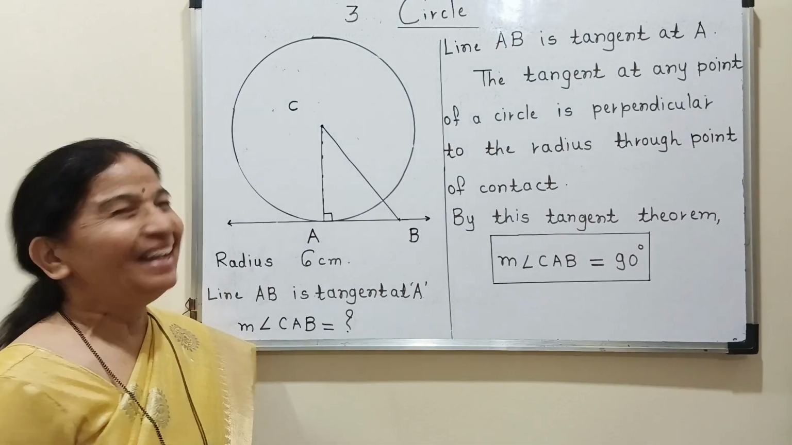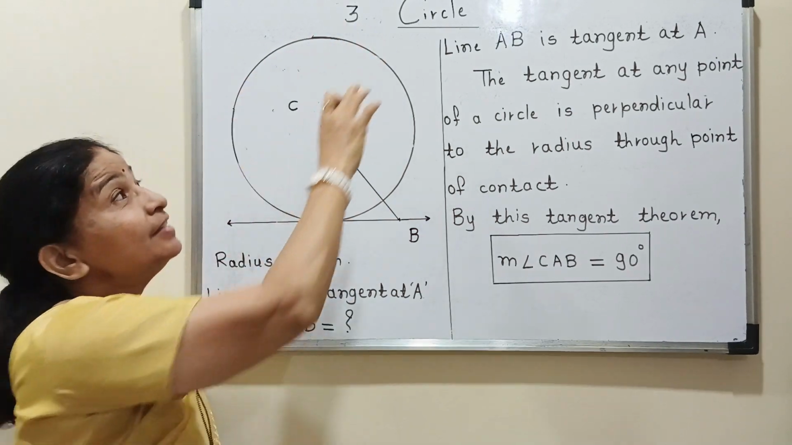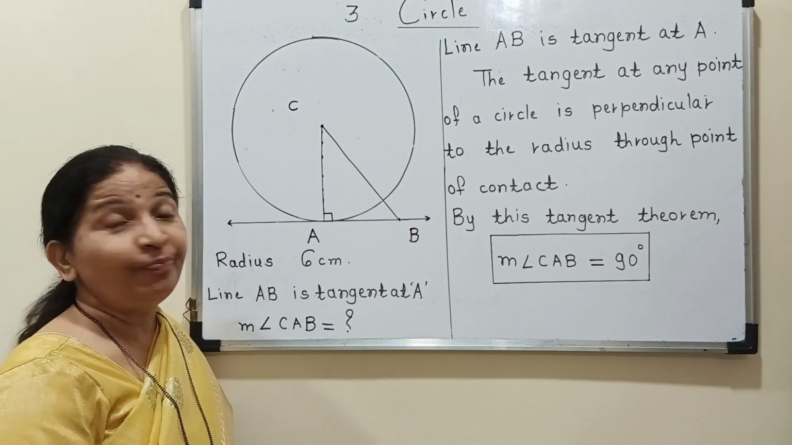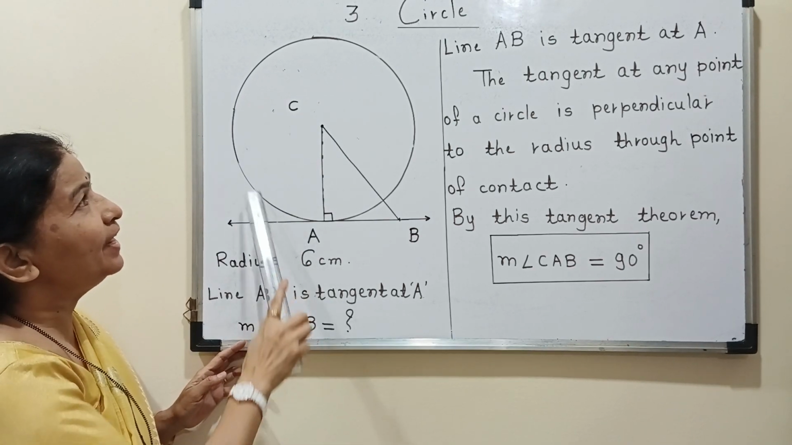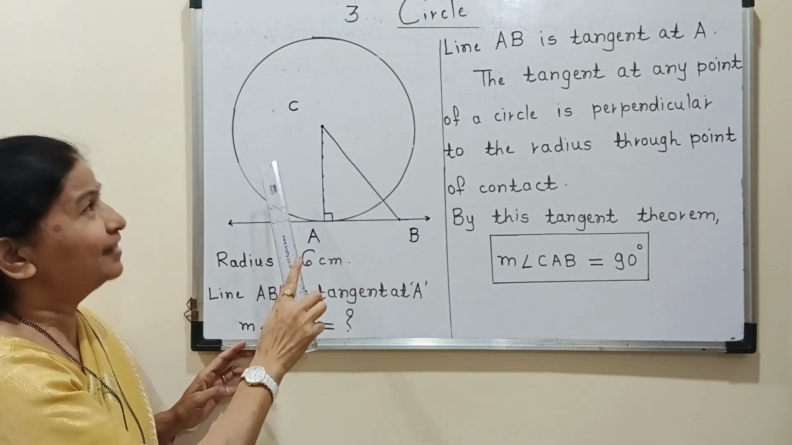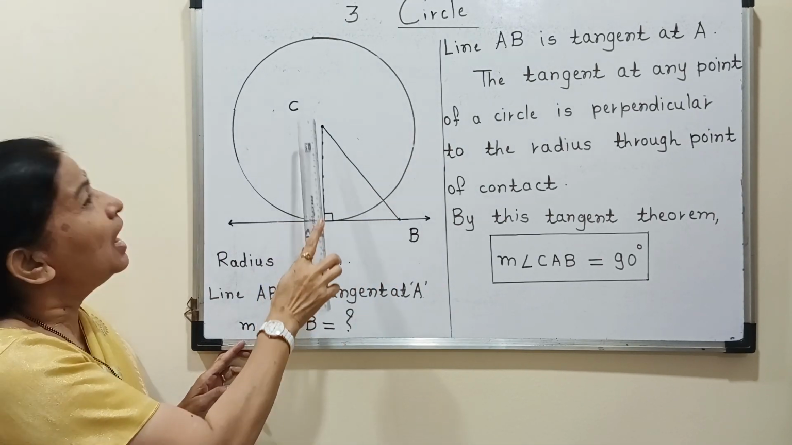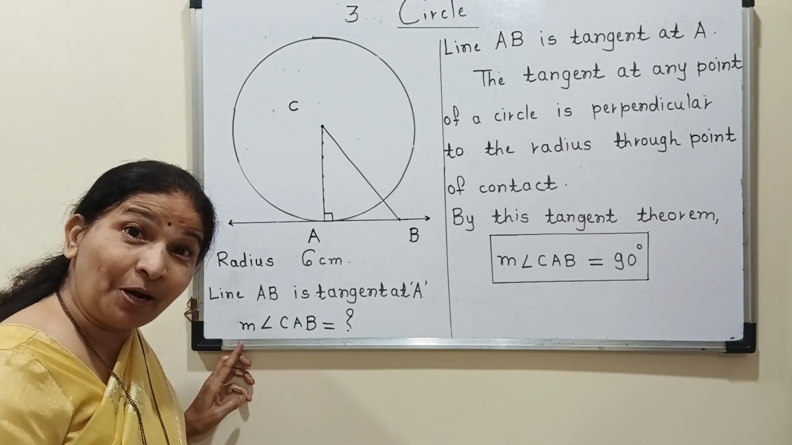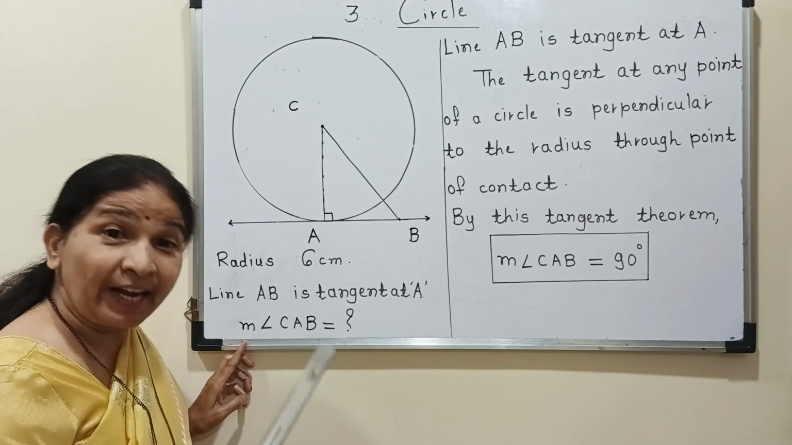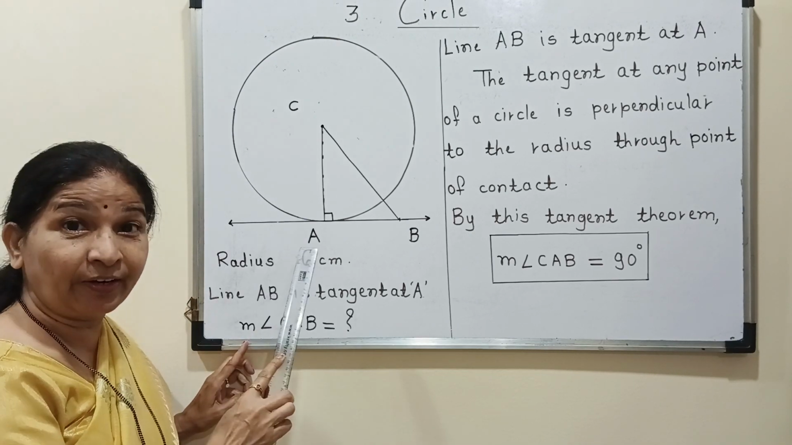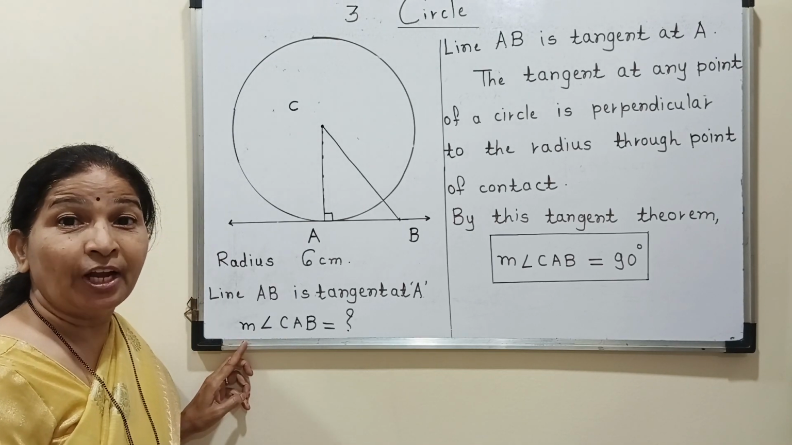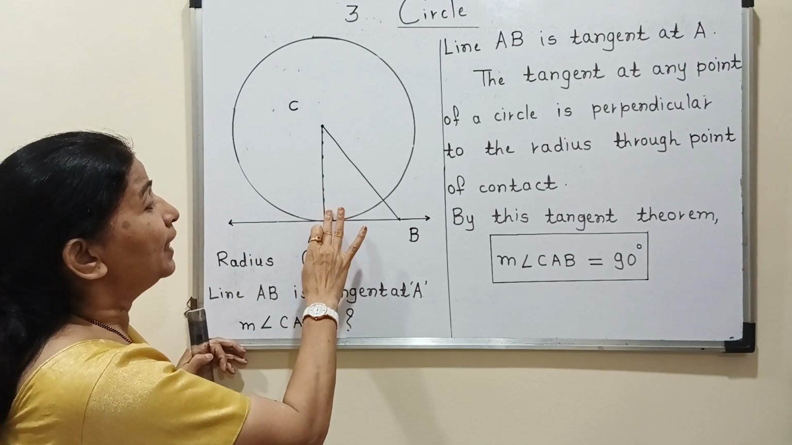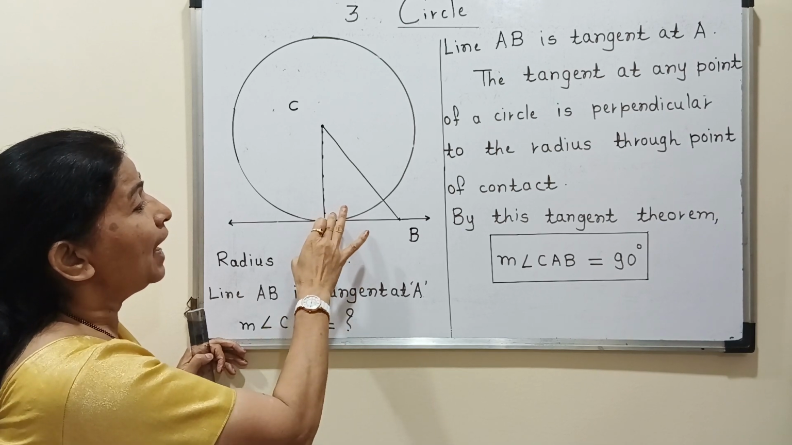Good morning. In chapter 3, circle. Okay. In 3.1, they have provided you this figure. Naturally, it is a circle with center C. They provided you information that the radius of this circle is 6 m and you have to find out the measure of this angle